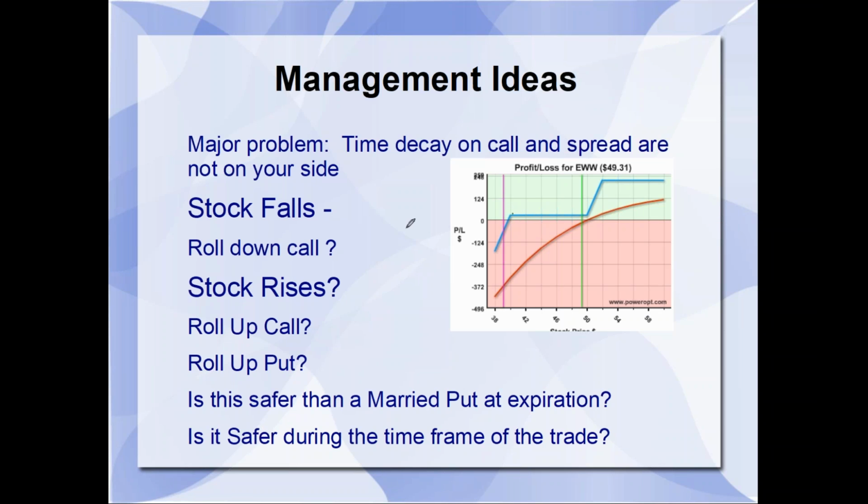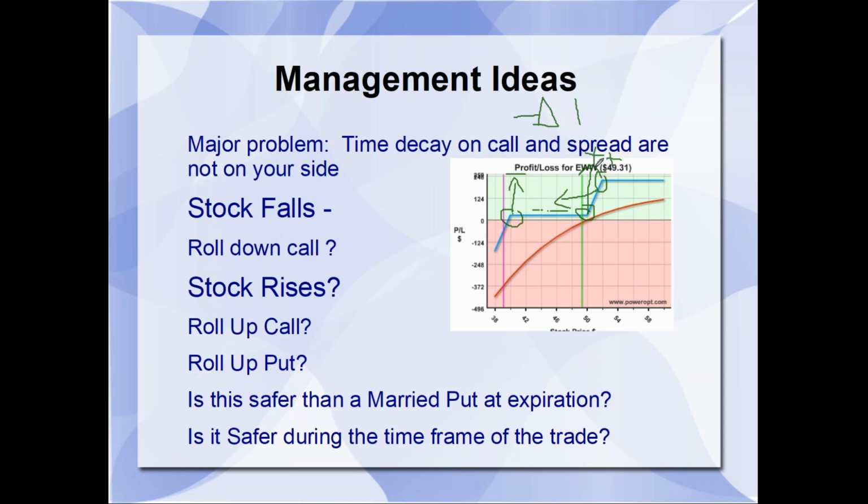But let's talk about your management, Mark, in this question. What would I do here if the stock falls? What's happening to this position? My stock that has a delta of 1 is losing the most money at this point. And you can say, oh, well, the put's hedging it. Well, kind of. It's hedging it into here, but remember, this put is also increasing, and to close it, you have to buy it back. As the stock falls, this is increasing more than this put, but this is a negative to you. This is a positive as it falls. This is a negative on the stock, and the call is the positive.